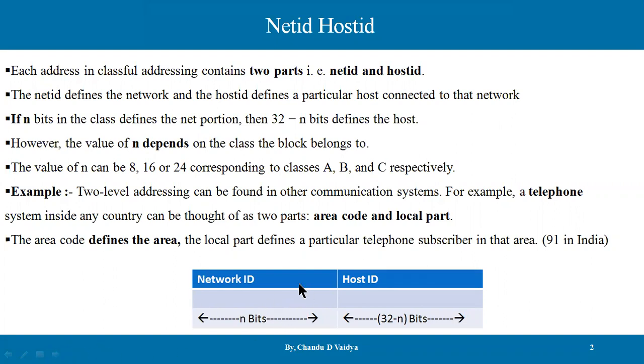Now, if you go with the diagram, guys, the network ID here is n bits. And how do we calculate the host ID? It is 32 minus n. Whatever the value of n, this n belongs to the class. If you go with class A, the value will be 8. If you go to class B, the value will be 16. So 32 minus 8, 32 minus 16, 32 minus, let's say, 24. Whatever value we get will belong to the host ID. So this is the simple formula and simple structure for net ID and host ID.